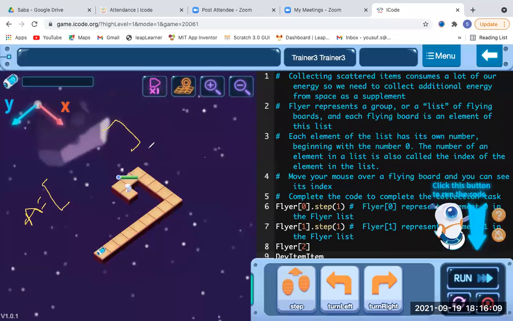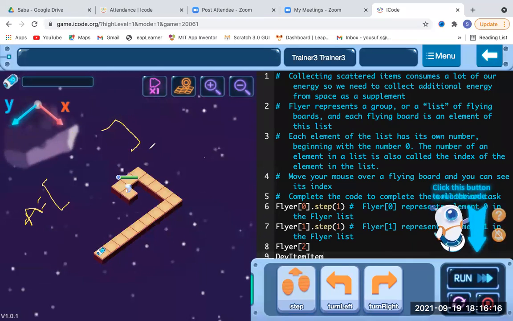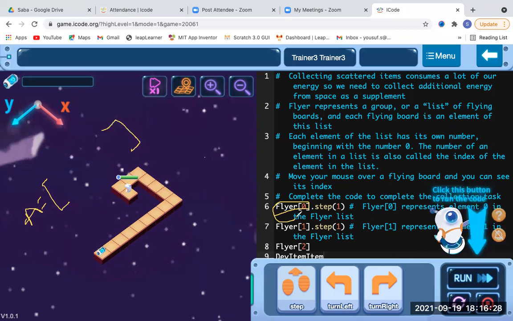The list might be of values, might be of numbers, might be of any strings. But it is necessary to give the square bracket from the very beginning. Look over here, you can see this part. That's the flyer part.